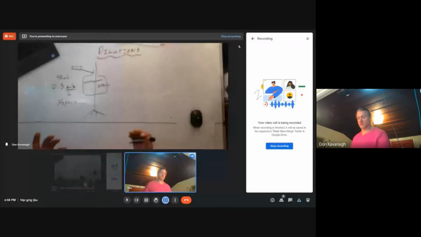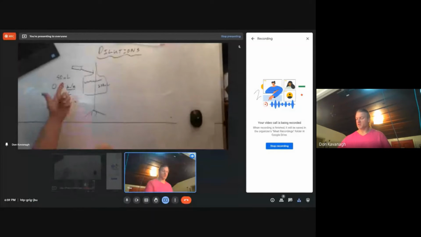When the nurse injects the 50 milliliters into the 250 milliliters, the total volume is 300 milliliters. 50 plus 250, nothing crazy. Just imagine you injected the syringe in there. The bag's going to fill up a little bit. Okay? Now, the heparin inside of the syringe, which I'm going to represent with some red dots,